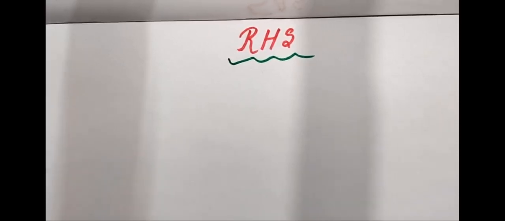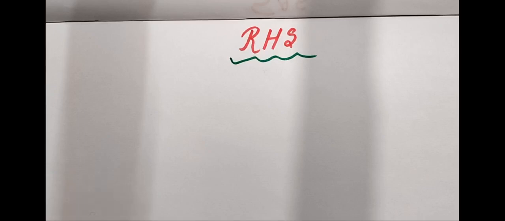So now criteria number 4, that is RHS. That means two right angle triangles are congruent if the hypotenuse and one side of the one triangle are respectively equal to the hypotenuse and the corresponding side of the other triangle. That means if both are right angle triangles, that means both the triangles have a 90-degree angle. So the 90-degree angles must be equal to each other. Then the hypotenuse must be equal and, in between the base and perpendicular, any one of the sides is equal to the corresponding side of the other triangle. So on this basis, you can say that two triangles are congruent by RHS.